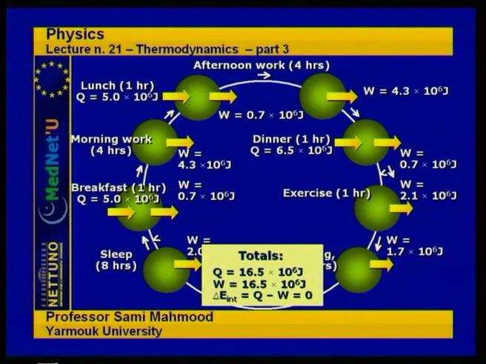The increase in the internal energy is thus Q minus W, which is 0. And that's assuming that the human being is a healthy person who spends the energy that he or she takes during the eating processes. Of course, if the work done is less than the heat or the energy absorbed through metabolism of